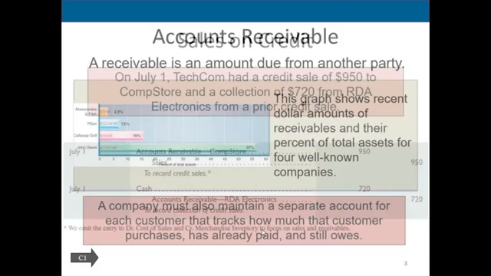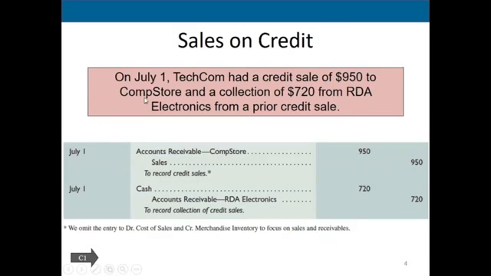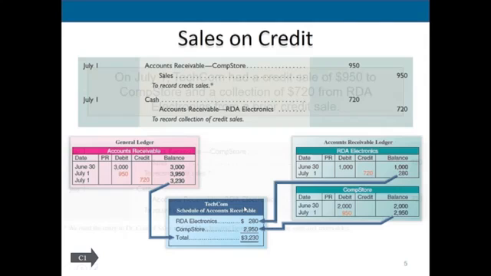on each customer. You'll see now that if we use this example of July 1st TechCom having a credit sale of $950 to ComStore and a collection, that when we record the receivable, we now indicate the customer name. And if you'll see here, if this is our master accounts receivable, this is what we've done up to this